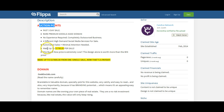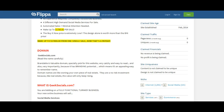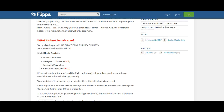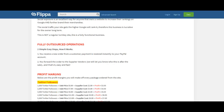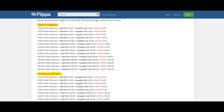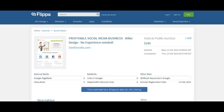automated sales, make up to $17.80 per sale. So it's well laid out, and he's got those 6 or 7 points in straight away. And then he goes on to explain them in a little more detail, as you can see here. So it's a really well laid out auction. And really why I wanted to talk about this, apart from the fact it sold very quickly and went for